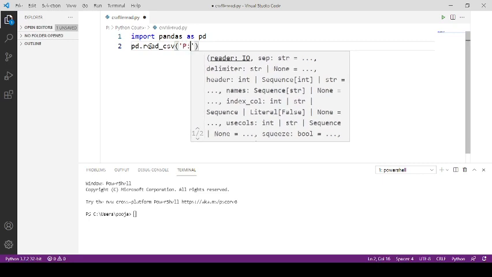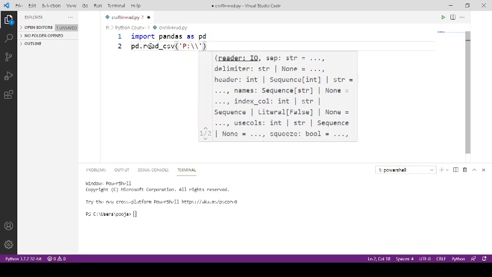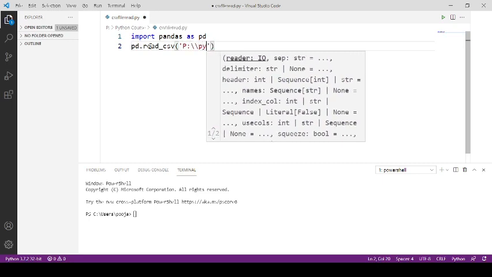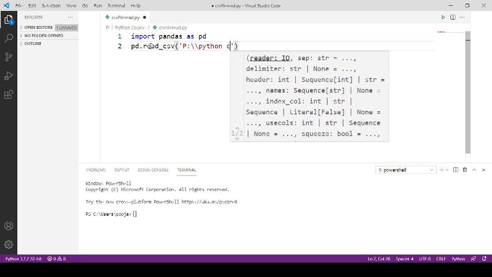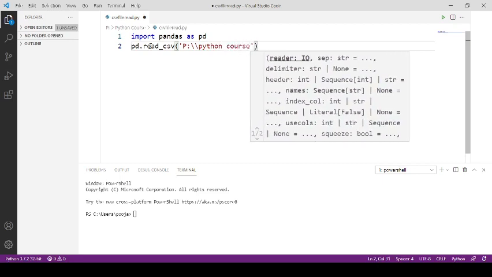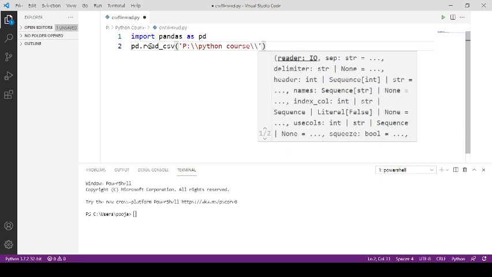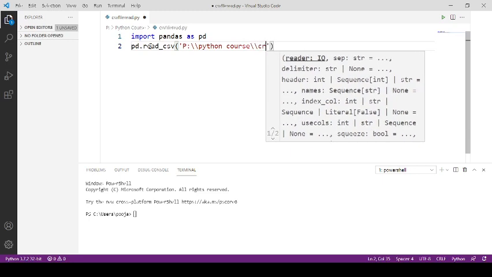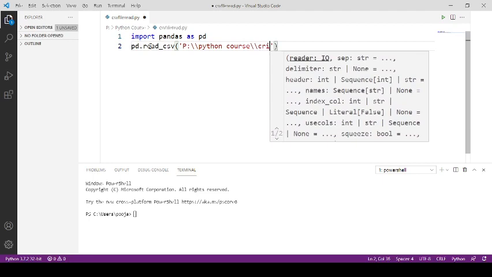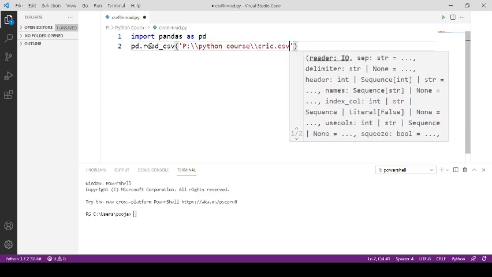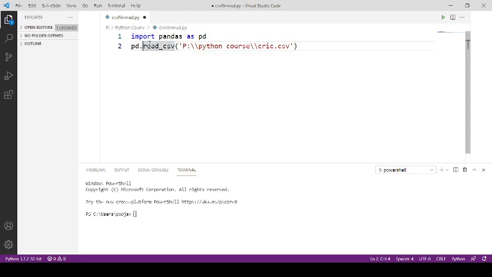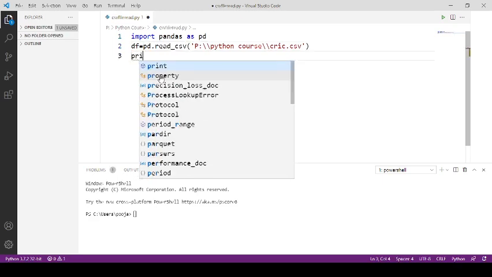The CSV file is inside Python course folder and file name is crick.csv. Now this read CSV function will return data frame. Now assign it to some variable. So variable name is df. Now print value of df.